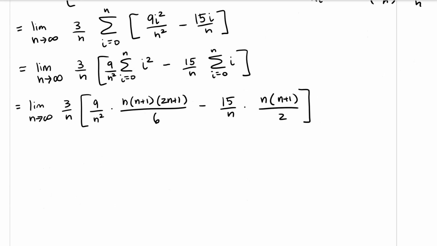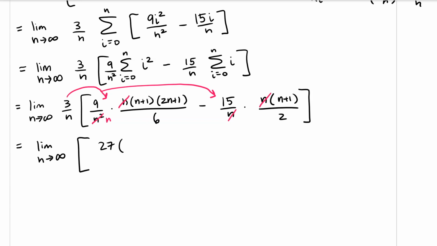All right, so from here we can do a bit of cancellation. So this n and this n will cancel out. I can cancel out an n here and then one of the n's here. And let's go ahead and continue writing. So I have the limit as n approaches infinity of, I'm also going to take this step to distribute in my 3 over n. So we have the limit as n approaches infinity of